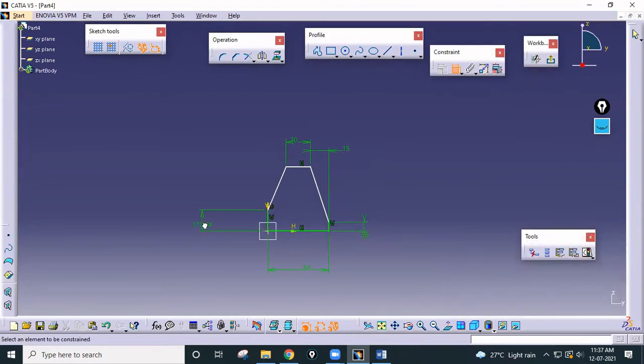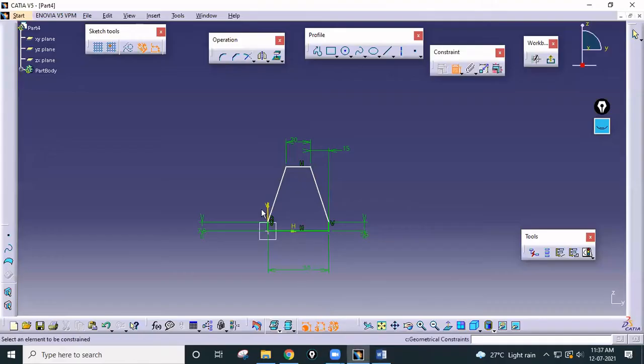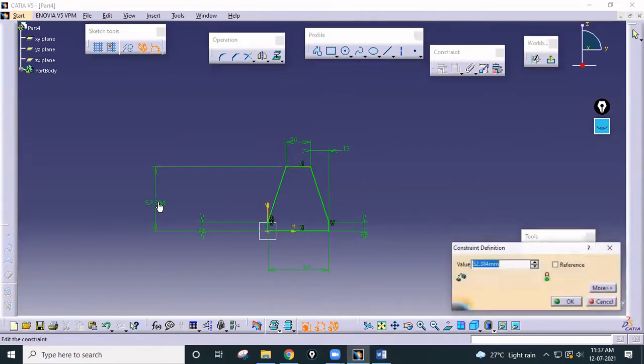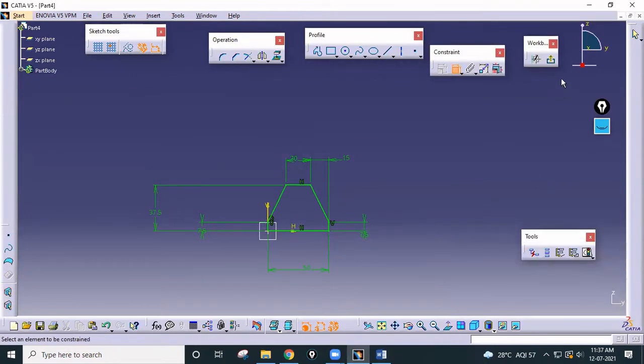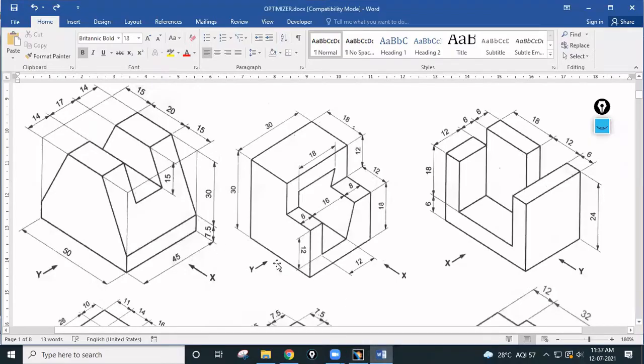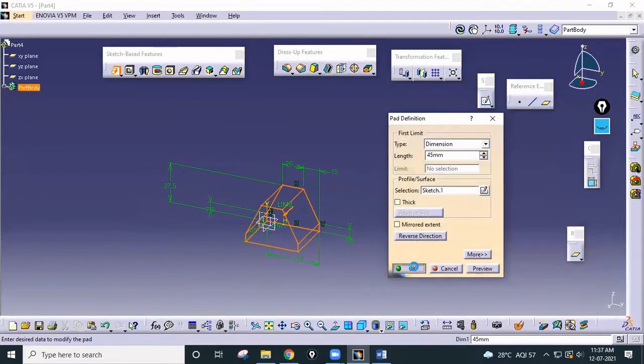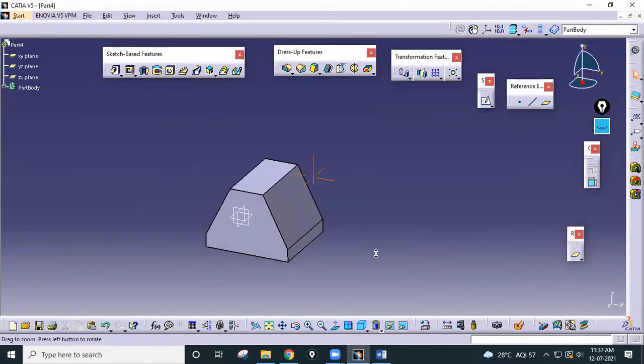This is again 7.5, and total height is, if you just check the total height is 30 plus 7.5, that is 37.5. So from this face to this edge it is 37.5. Okay, so just exit workbench and pad it by how much distance it is, around 45. So just enter 45, just click on OK. Okay, so this is our first part.